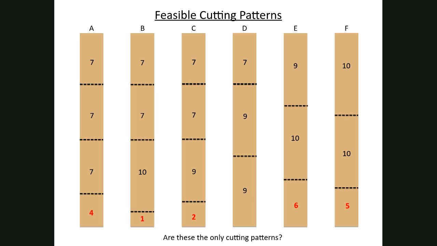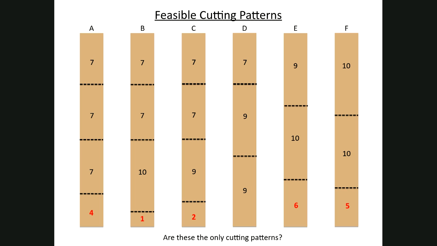Number one, on your own, convince yourself that these are the only possible cutting patterns. There's only 6 choices. And so now we're still faced, and I'm going to just say with prejudice in some sense, that these are the only feasible cutting patterns, but we still haven't identified our decision